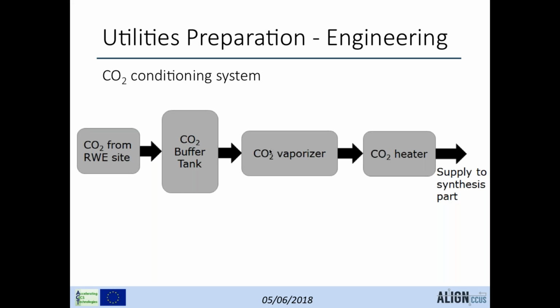Next block is the CO2 buffer tank. So we need this buffer tank because something can happen in the plant. Maybe some supply line is having some disturbance. So this buffer tank is there to ensure the proper and permanent supply availability of CO2 for our synthesis